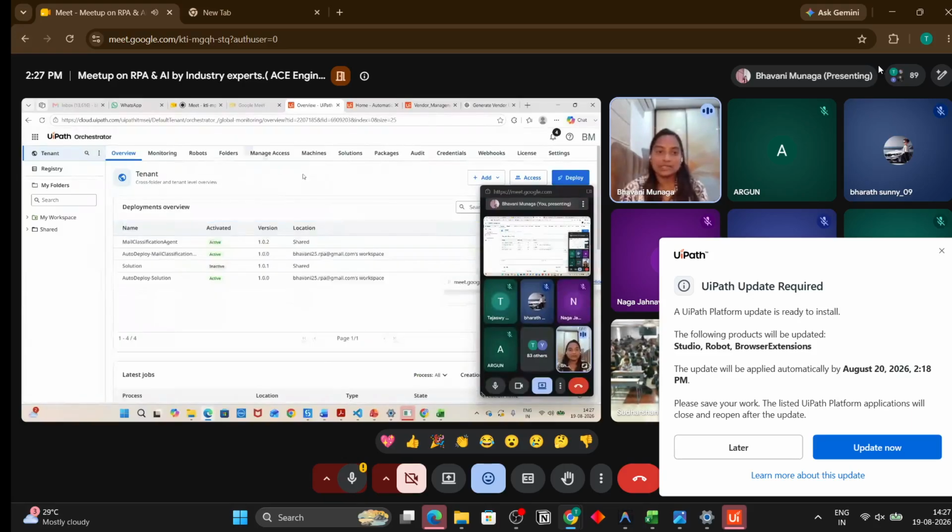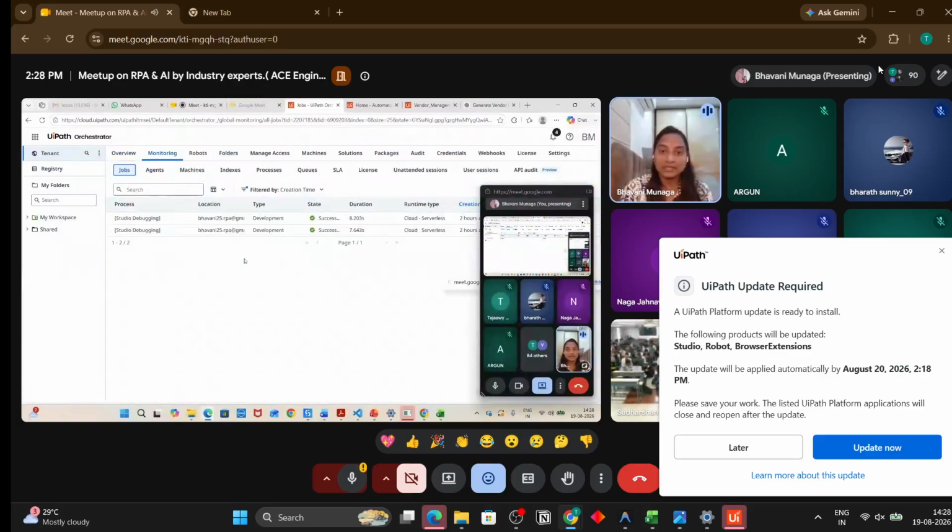As I said, this is the orchestrator. We have different tenants in the enterprise version. Generally we'll have different environments: development, testing and production. There will be isolation of every tenant, and here there is a monitoring section.